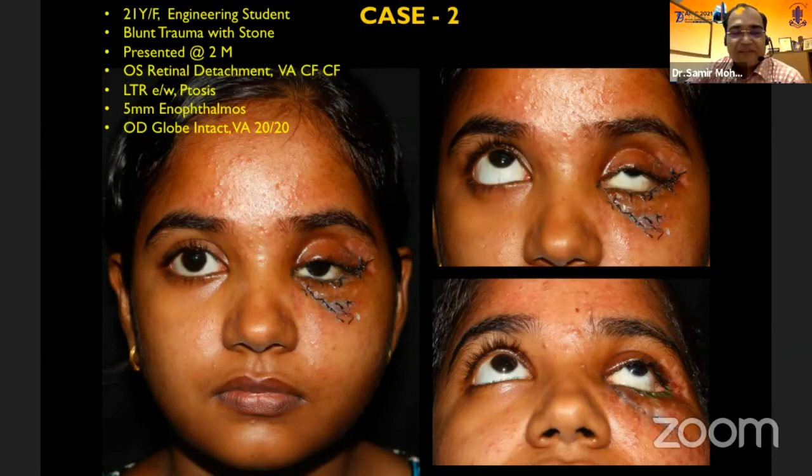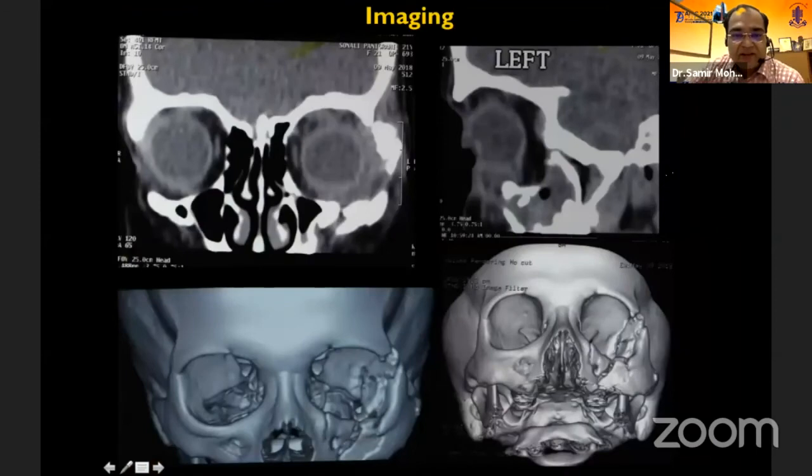On examination, the patient had a retinal detachment in the left eye with 5 millimeter enophthalmos in the left eye. However, the globe on the right side was intact with good vision. So this was what the photographs showed. This was the primary injury, which was repaired at the first visit, and then the patient had come to us with the ptosis. Now, considering the scan, it showed multiple comminuted